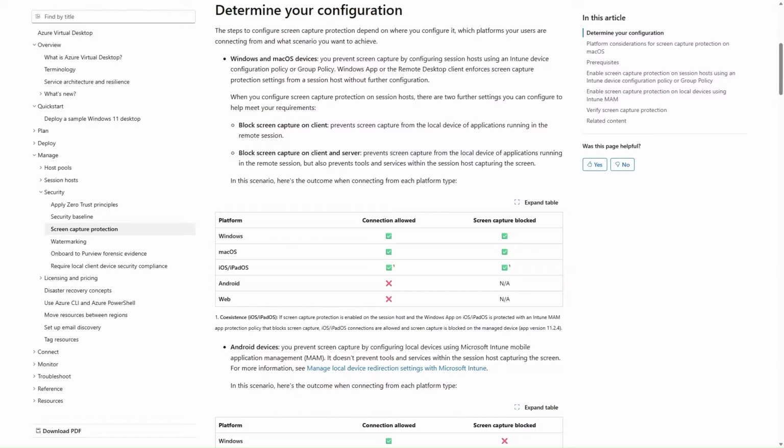And previously, that iOS, iPadOS line was not applicable. Basically, only our Windows and Mac OS Windows apps were able to establish connections when screen capture protection was enabled, because they would also block the screen capture. But now, we've just recently, in the last couple of weeks, added the ability for iOS connections to be established for when screen capture protection is enabled, if you enable the screen capture protection through an iOS MAM